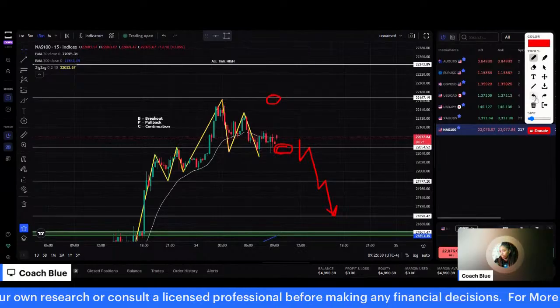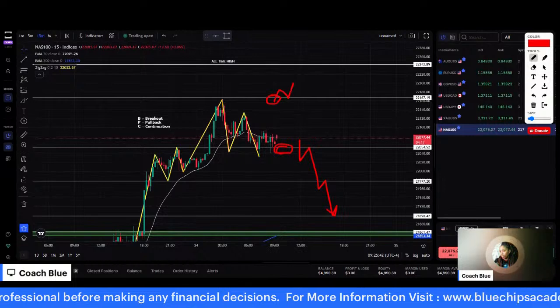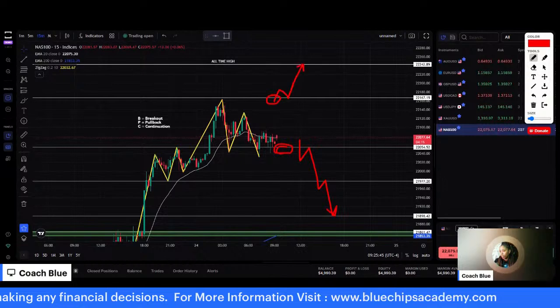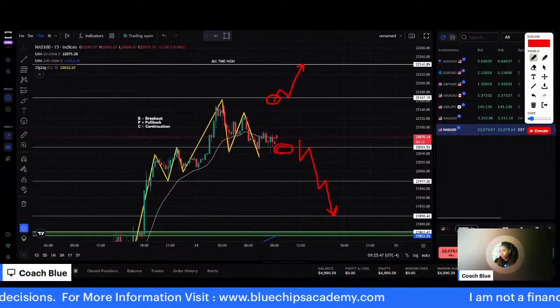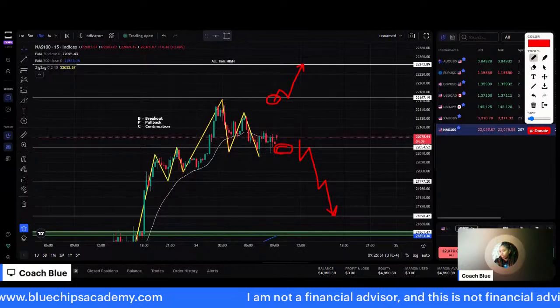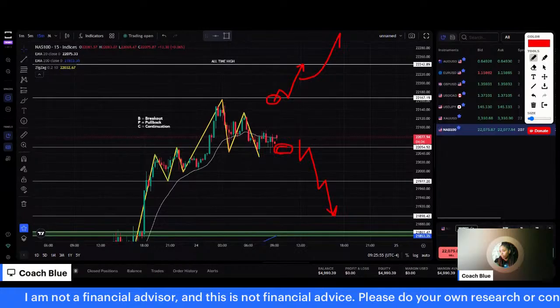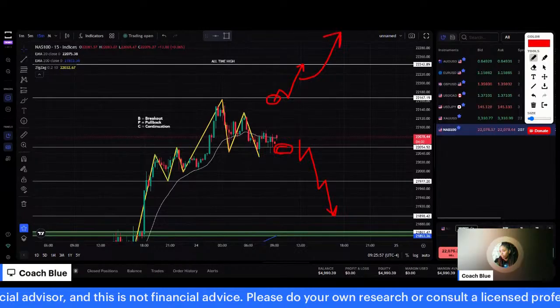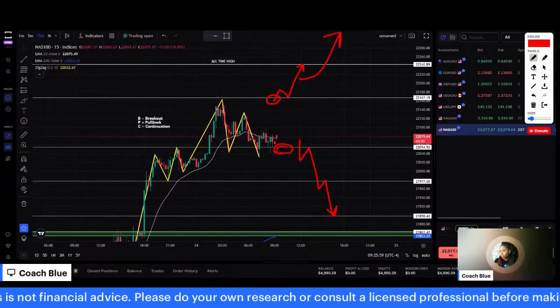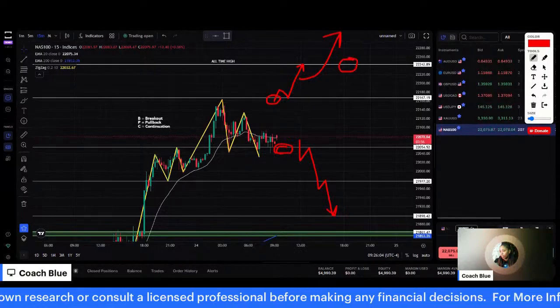Now, on the upside we have to be cautious because we are approaching an all-time high, and this is typically a psychological barrier for a lot of sellers. A lot of traders. So you'll have some traders who are very optimistic and think price can push through and create new all-time highs, or you'll have some traders who think, okay, this is a great opportunity to sell.